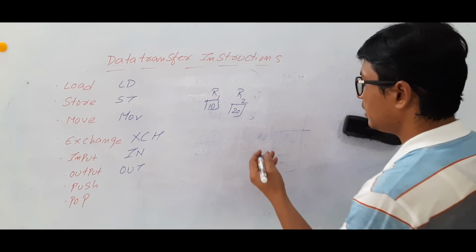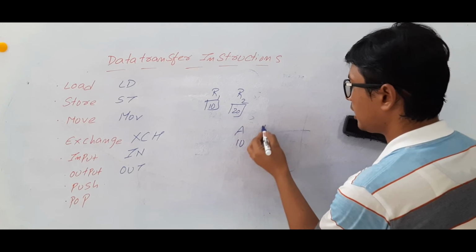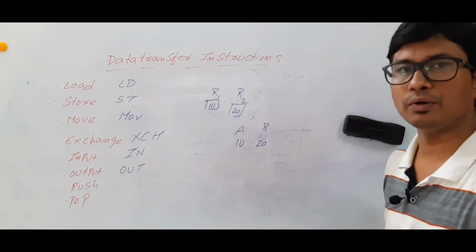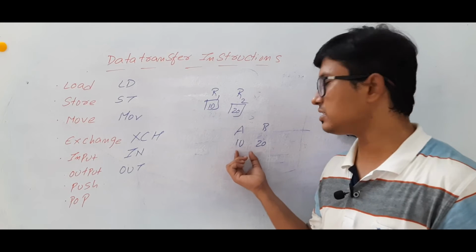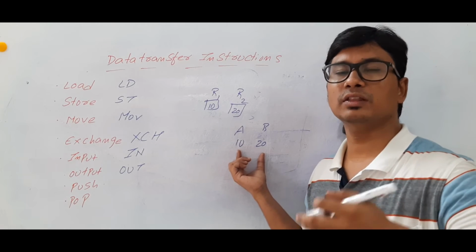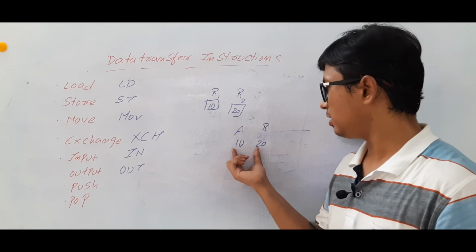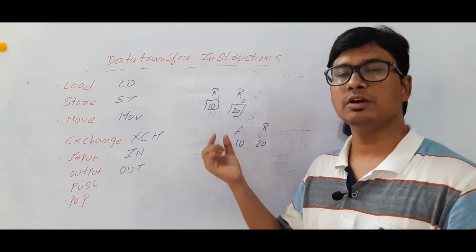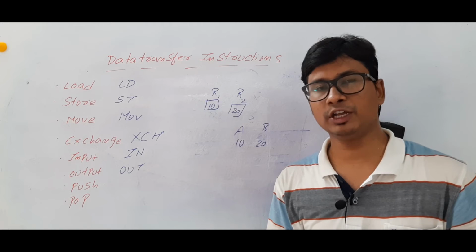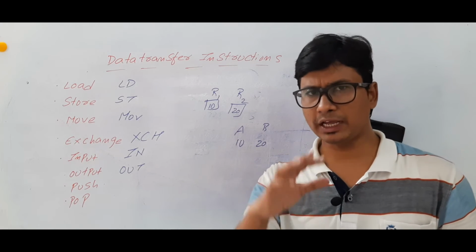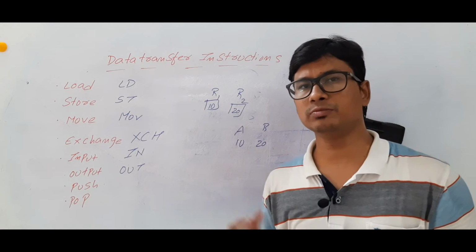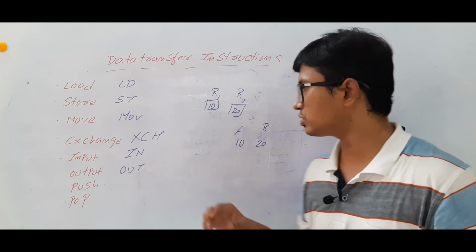Let's take that A is having 10 and B is 20. Now they will ask to exchange these values using a third variable, means you have two variables. Exchange the data in both the variables using a temporary variable or without using a temporary variable. I hope you have written the C programs based on this one. Am I right? So similarly, this